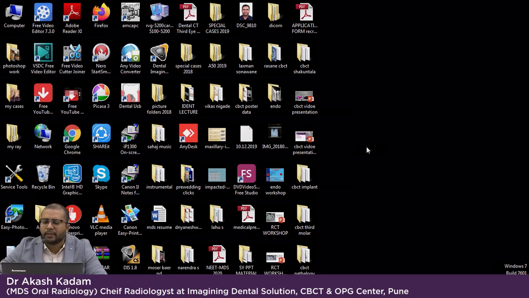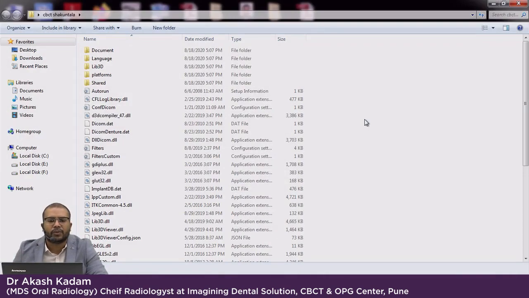So whenever we get a CD, we have to first put it into the DVD drive and copy the content on the desktop. This is a must. We should not auto run it. And normally the data size is 700 MB, 700 to 800. So this data cannot be mailed. So it has to be given in the DVD only.